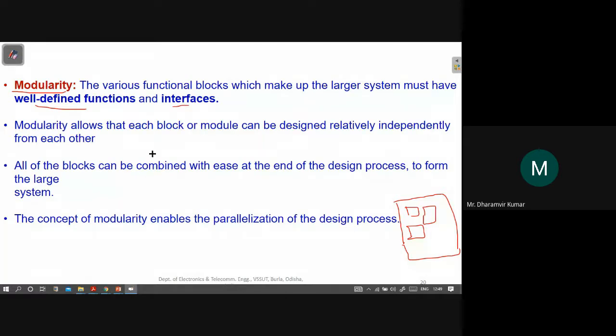Modularity allows each block or module to be designed relatively independently from the others. If all of these smaller blocks have well-defined functions and interfaces, it means these blocks can be designed independently. Let's say this is module 1, module 2, module 3. Now the designing of these three modules can be done in parallel to each other. One team,